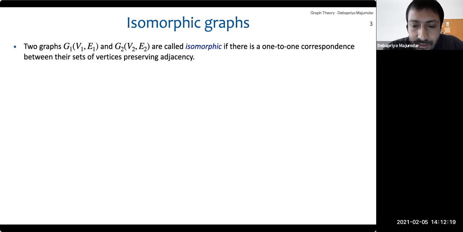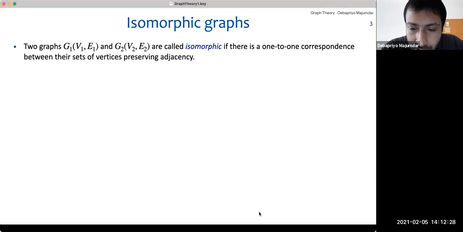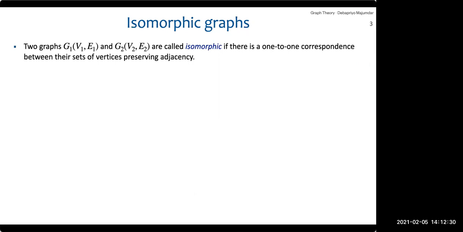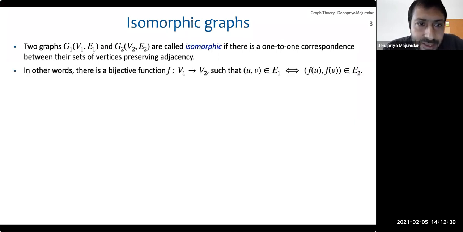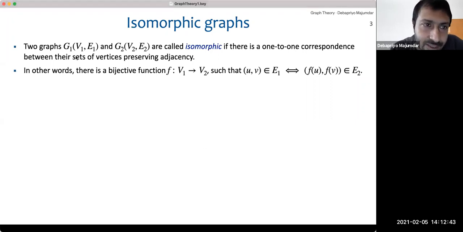Now, do you know what is a one-to-one function? Bijective function? Do people know what is a one-to-one function? Yes, sir. Okay, people know, right? Okay, fine. So that's what we mean here. In other words, there is a bijective function f from V1 to V2, so the vertex set of the first graph to the vertex set of the second graph. You can also write it the other way because it's a bijective function, right? Such that,